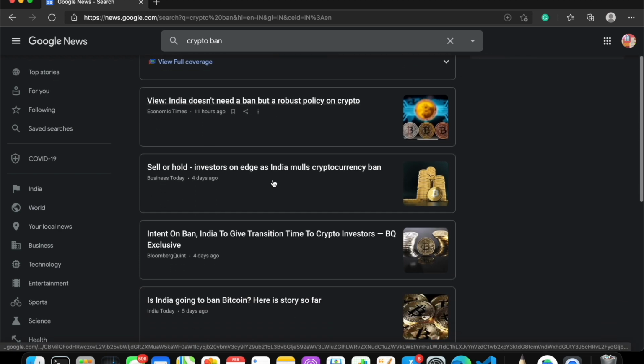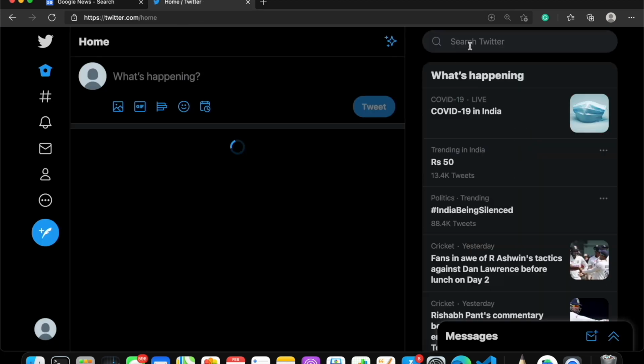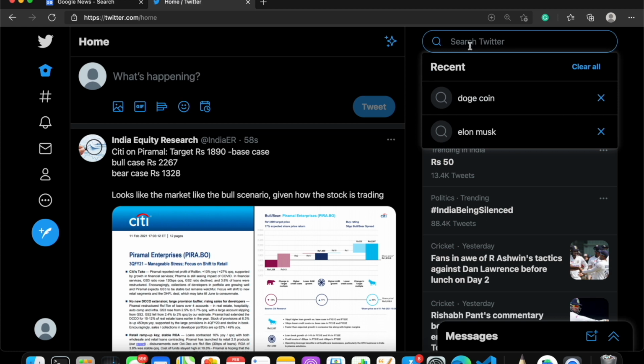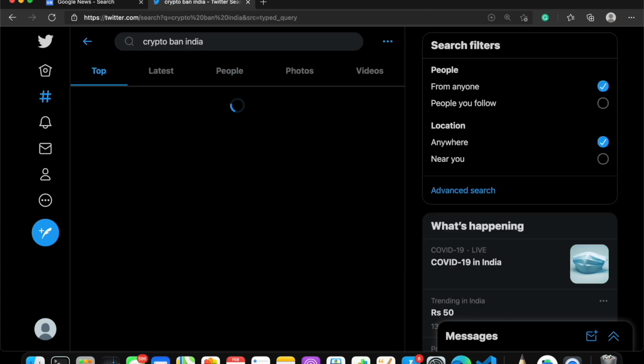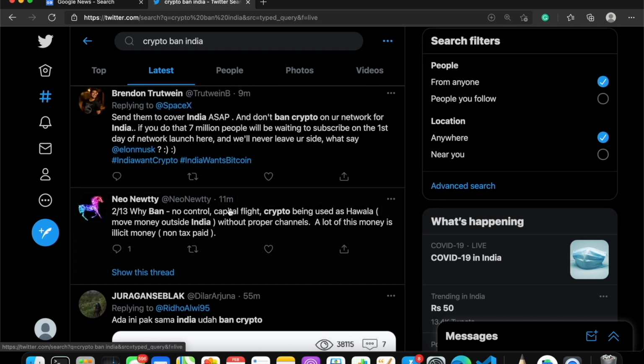Even if you go to Twitter, you'll see lots of people opposing the ban. They don't want the ban to happen, probably because they are the ones investing in crypto. If you want more information about the ban, go to Twitter and search for crypto ban India, and you'll get lots of tweets from people about what they are seeing.